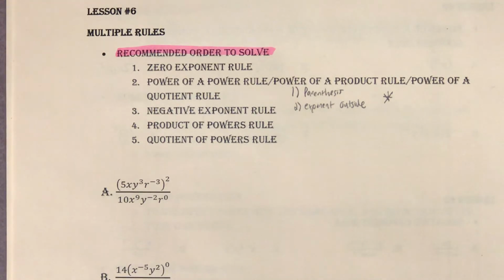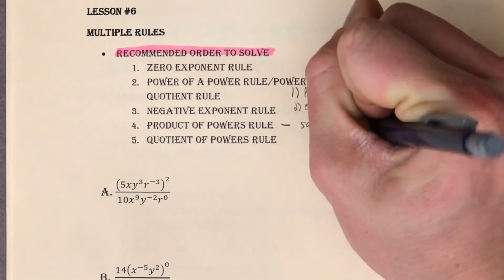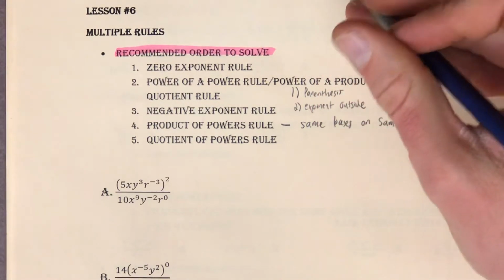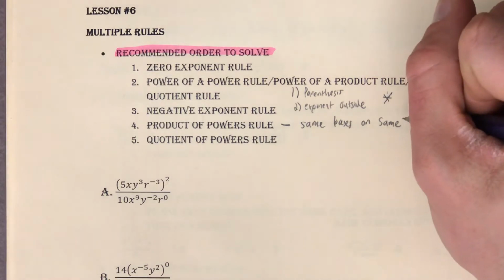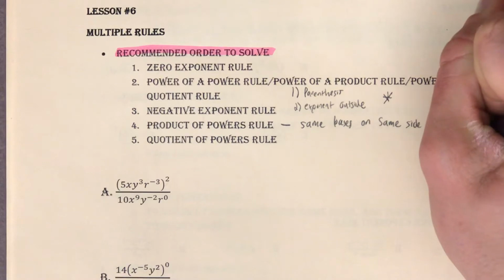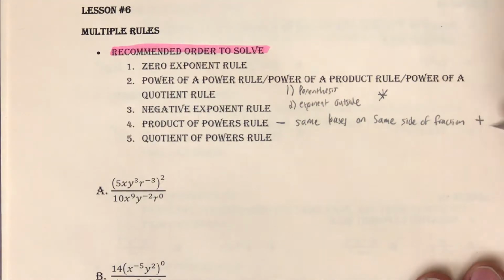Then after we've gotten rid of all the negative exponents, we're going to use the product of powers rule. Now with the product of powers, we're looking for same bases on the same side of the fraction, because as you've noticed in the examples, they're all basically in fraction form. So do we have the same base on the same side? After we've combined those, and remember we combine them through addition,